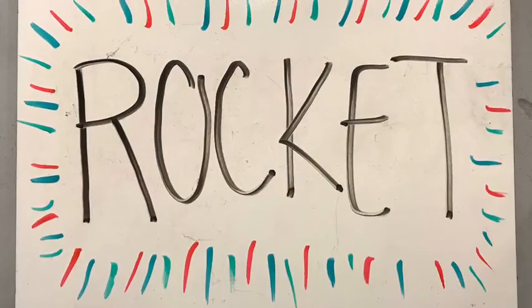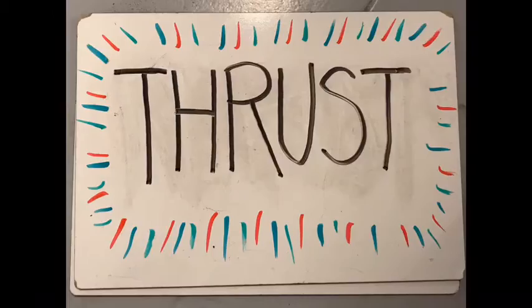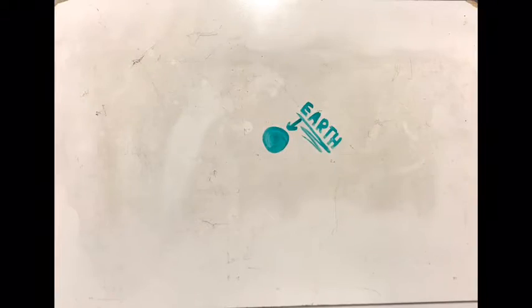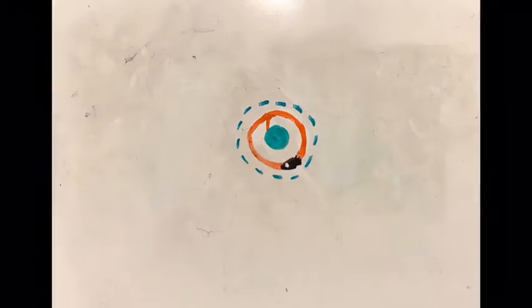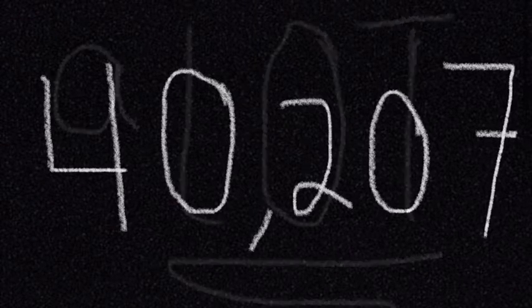In order to get to Ganymede, we used a method that we deemed the rocket thrust method. That is using the perigee and thrust of the rocket ship to be able to get out of Earth's gravitational field. Now, in order to get out of Earth's gravitational field, you need to be traveling at a speed of 40,207 kilometers per hour. In order to travel this speed, you would need a lot of fuel and an even